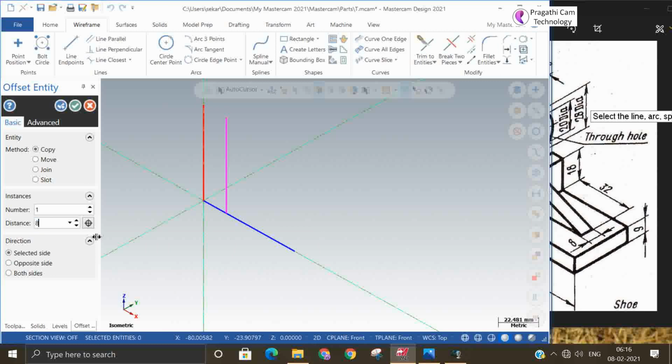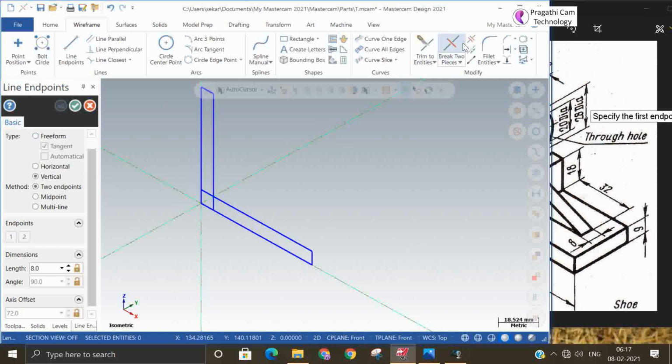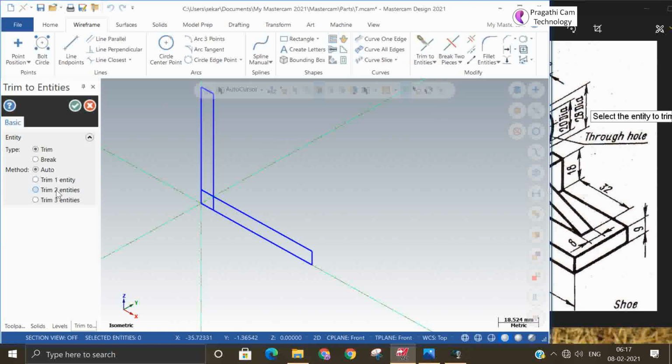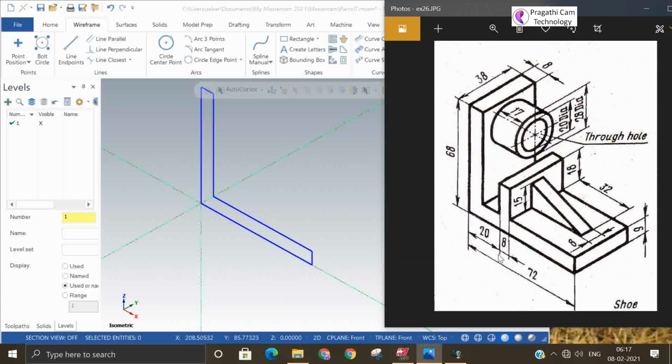This also is 8 mm. Now we can connect these endpoints with a horizontal line and a vertical line. Now we can trim what is unnecessary. So we have trimmed now.